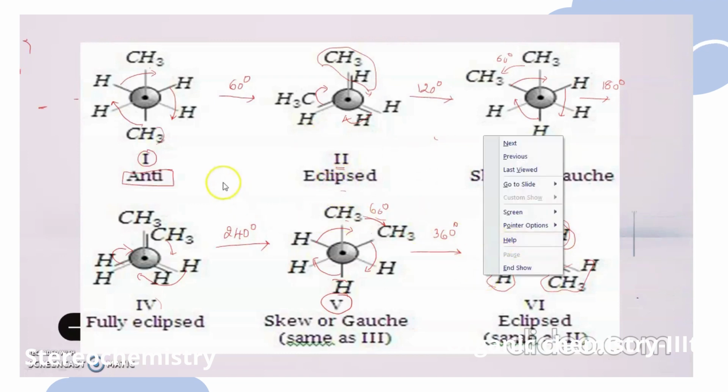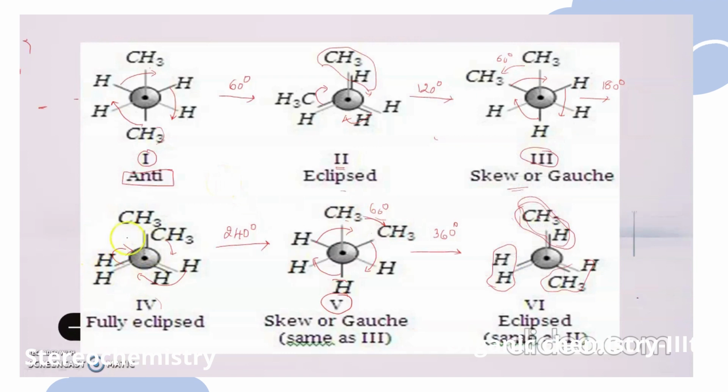Okay, and the next one is structure number 4. Here this is the most unstable or the least stable conformer, where two bulky groups, the methyl groups, are closely packed to each other, and this structure is said to be the fully eclipsed structure. So I can say that the most stable structure is your anti-conformer, where your two methyl groups are separated by maximum possible distance. The least stable one is the fully eclipsed structure. Why? Because the two bulky groups are very closely packed. Because of the steric hindrance, electron crowding, that is electronic repulsions, occurs, by which this structure turns very less stable.